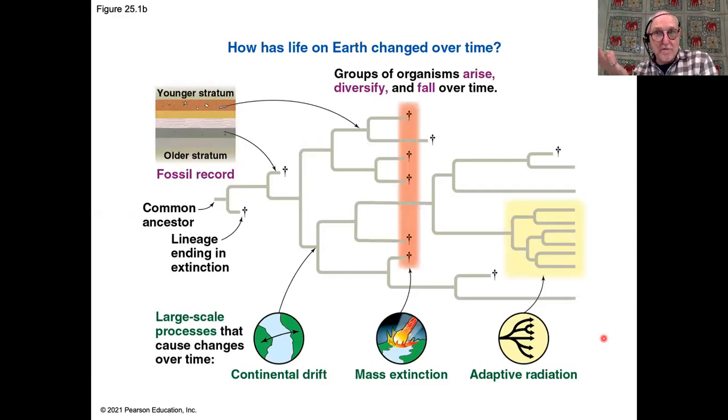So how do we know that this is the case? Well, this diagram here needs some careful examination, because it actually explains much of what we are going to discuss in the rest of this class. First of all, a major part of our understanding about macroevolutionary processes and about the history of life on Earth, and how those processes have taken place, lies in the fact that we have a fossil record.